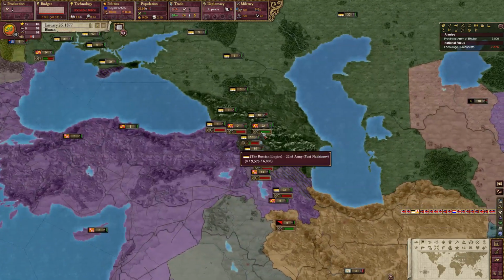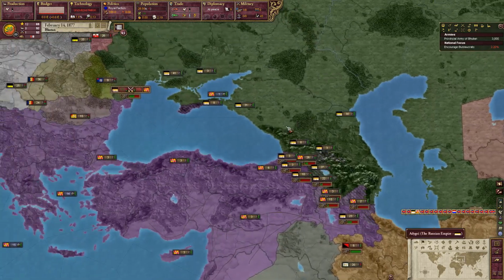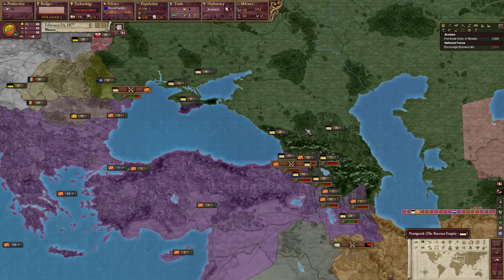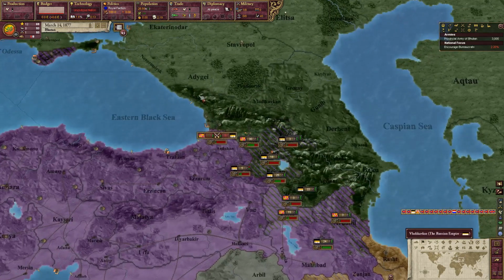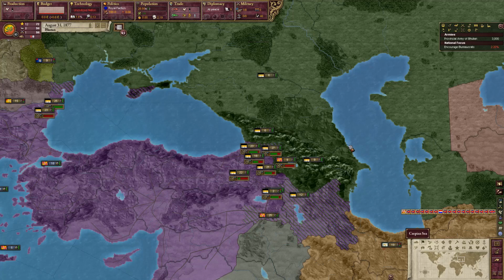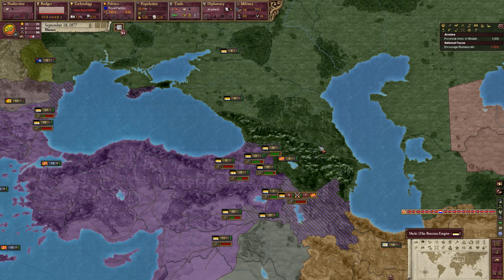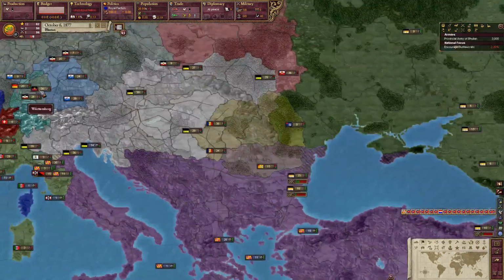I believe in the end, with Byzantium being slightly behind in terms of numbers but way ahead in terms of technology, I would say Byzantium might have the advantage here, although Russia has some really strong armies, so we'll see how it goes. So yeah, it looks like greater numbers are winning against better technology, and the Russians are defeating the Byzantines in